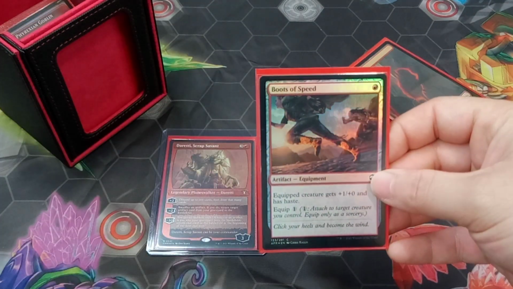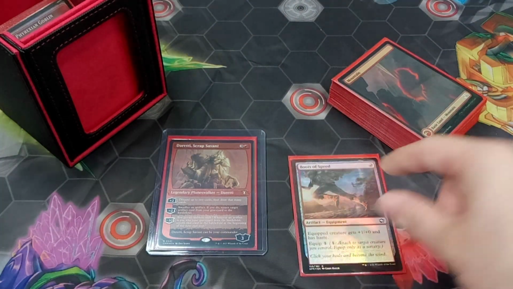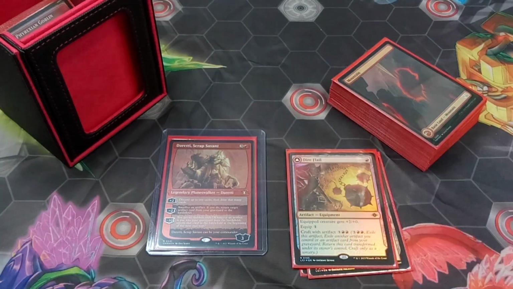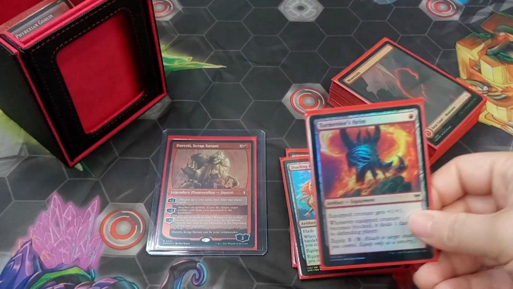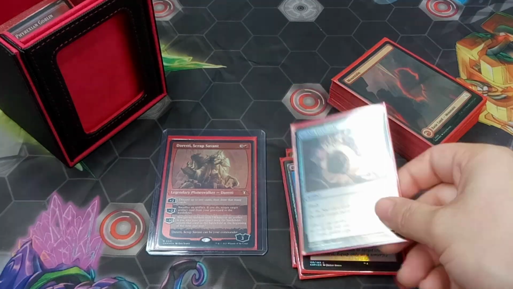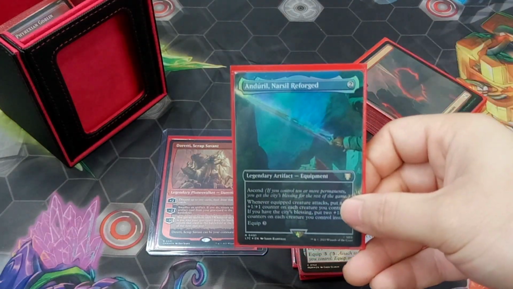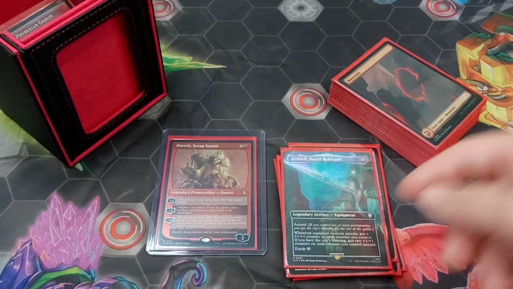Starting off with Boots of Speed, and again this deck is all foil, so it might not be the strongest, but it sure is neat. The Diamond Pickaxe, Dire Flail, Dueling Rapier, Tormentor's Helm, Goblin Firebomb, Mirian Banesplitter, Anduril, Narsil Reforged, horrible with elfin names,